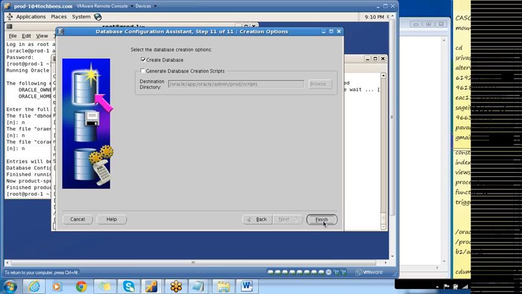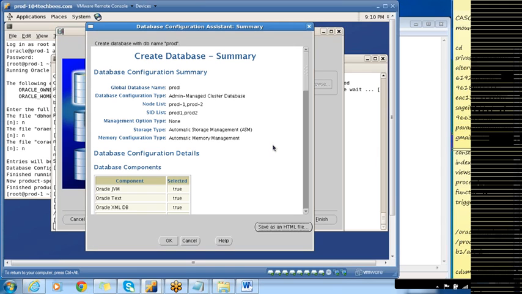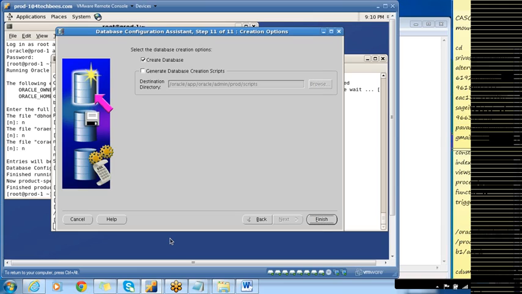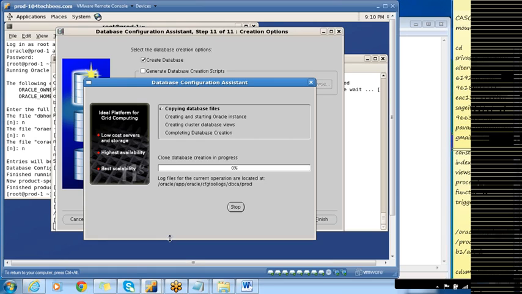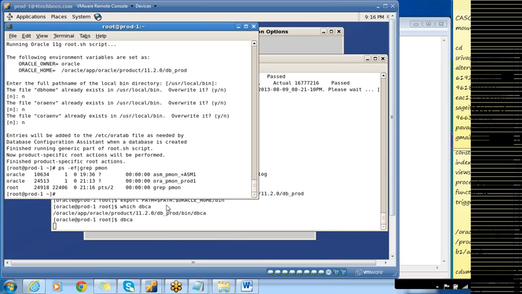Create a database, click on finish. So this will create a database and it will also create 2 instances with the name prod1 and prod2. You can see it created the instance prod1.